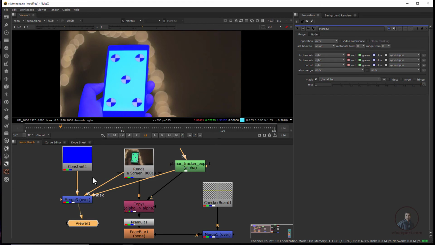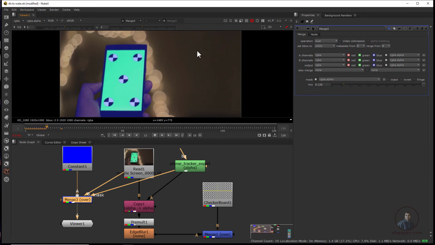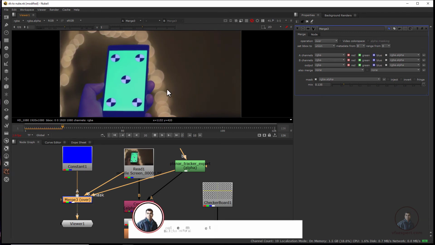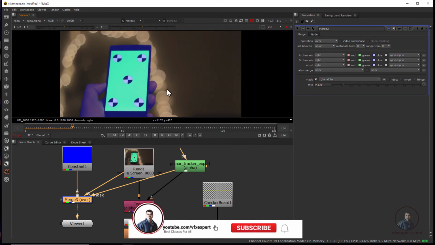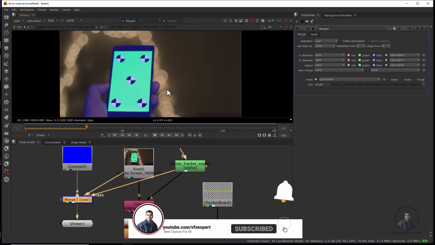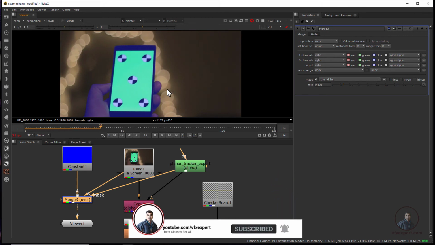Now here you can easily see. After this you can control this opacity or these blendings from our merge node. Double click here, and with the help of the mix value, you can control it like this. So this is again the same, around 20%. Now you can see, same as in Silhouette, you have successfully created the overlay here. Most of the students use these overlays for showreels also. So this overlay you can also create in Nuke.